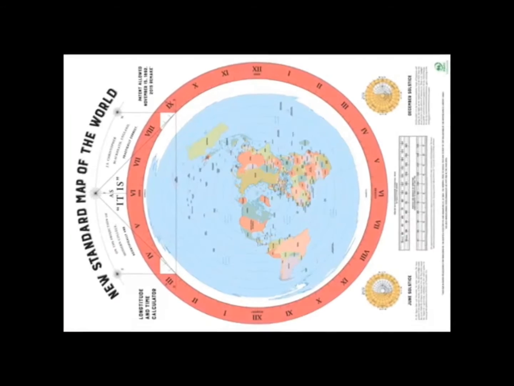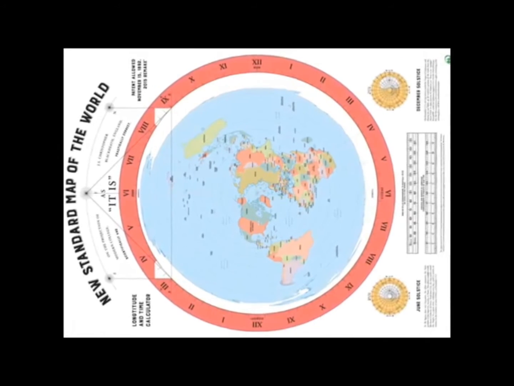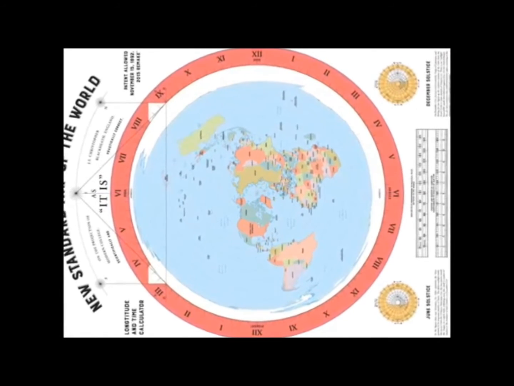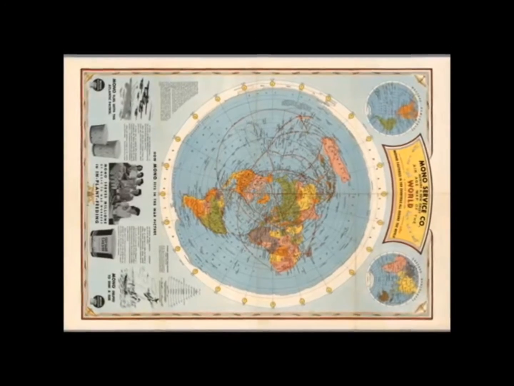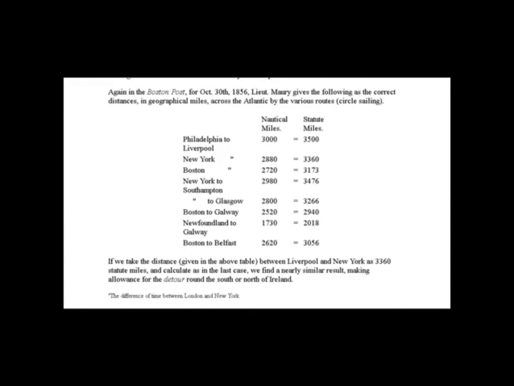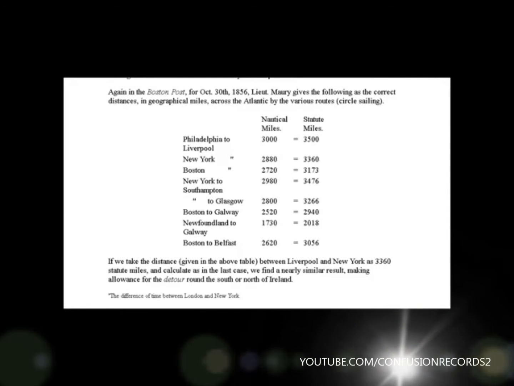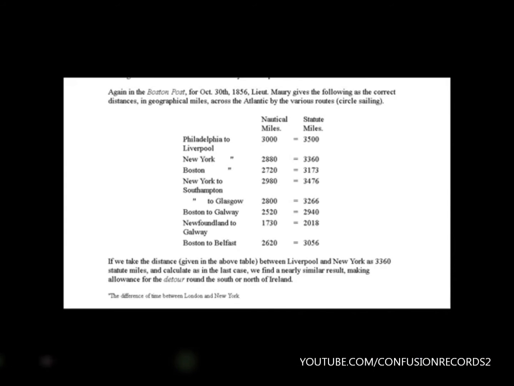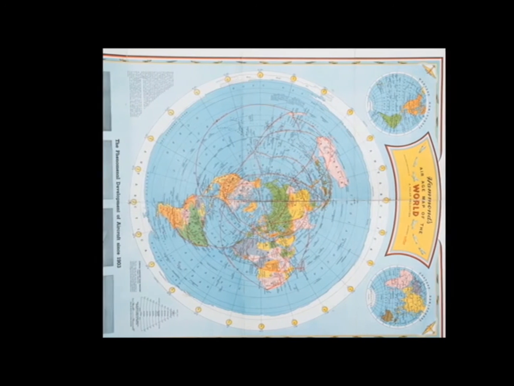Again, in the Boston Post, for October 30th, 1856, Lieutenant Maury gives the following as the correct distances in geographical miles across the Atlantic by the various routes, circle sailing. The chart, nautical miles and statute miles, shows Philadelphia to Liverpool at 3,000 nautical miles and 3,500 statute miles. New York to Liverpool, 2,880 miles nautical, 3,360 statute miles. Boston to Liverpool, 2,720 nautical miles,